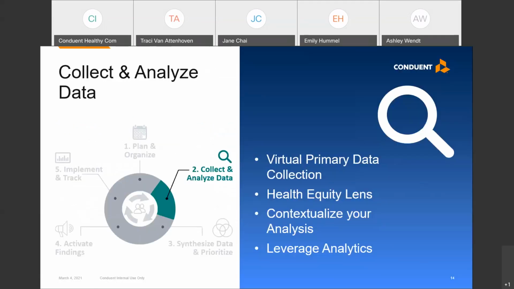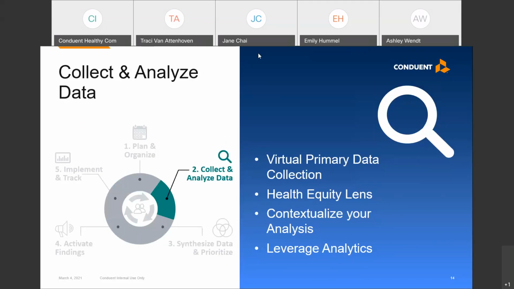Great. So hospitals and public health assessments include, as we know, collecting and analyzing primary and secondary data. And since most secondary data, which is data that somebody else is capturing, is only updated once per year, or sometimes longer, you have to remember that there has to be a lag time. So during times when your community environment is changing or has changed drastically, using primary data like focus groups or key informant interviews can provide a more current view of a community's needs.